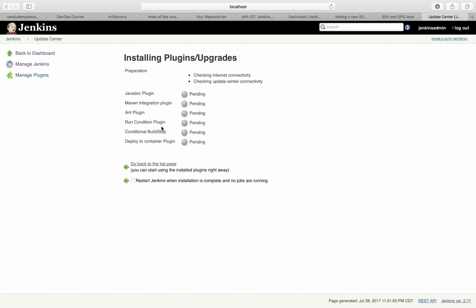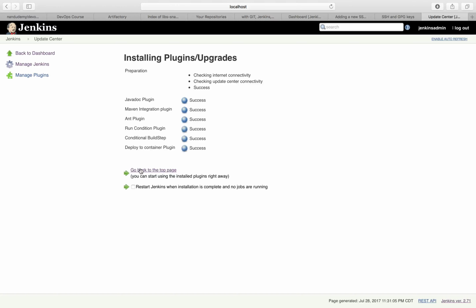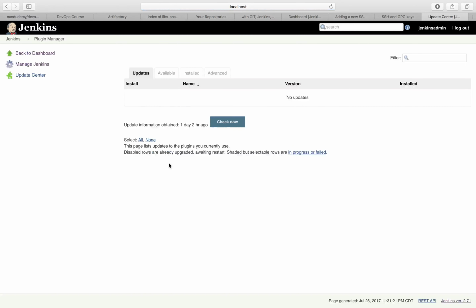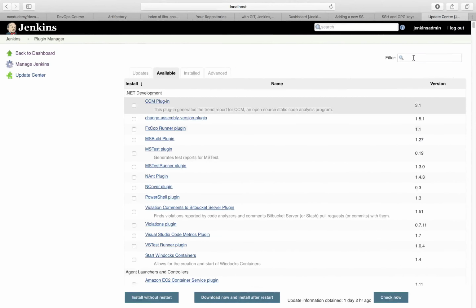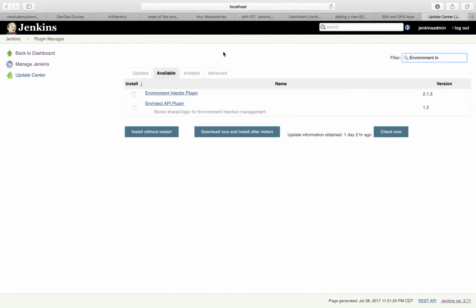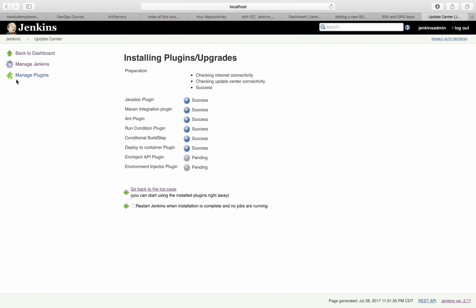and we have those 2 running right now. So the Ant plugin, the Maven Integration plugin, and let's go back in here, click on Manage Plugins. So we got 2 of them. Environment Injector plugin, and we'll see how we want to use this in a bit. Okay, so that's going on, and then Git Parameter plugin,